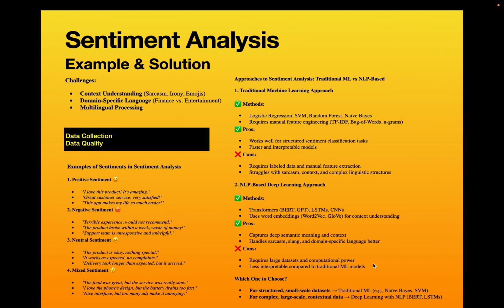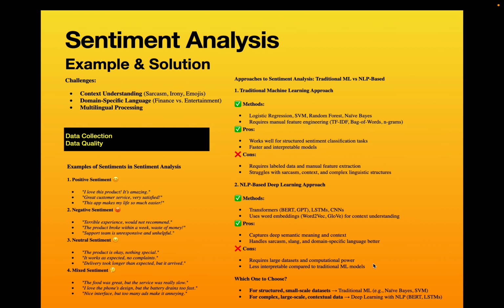The next is the mixed sentiment, when the customer feels certain positive aspects and also certain negative things. So overall we can say it's a mix. Here also we can understand what the customers feel good about, and the areas where we can make certain improvements over a period of time.